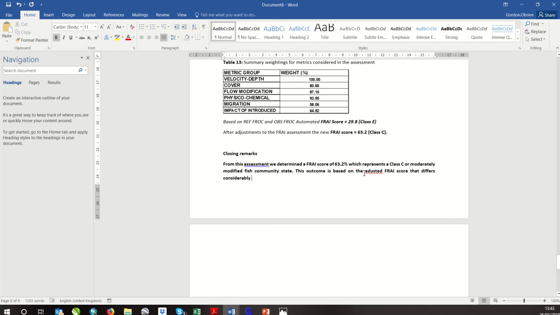Please resist the urge to say significantly. Don't use the word significant because you have to do the test. So this differs considerably from the automated score. The reasons, the drivers of this